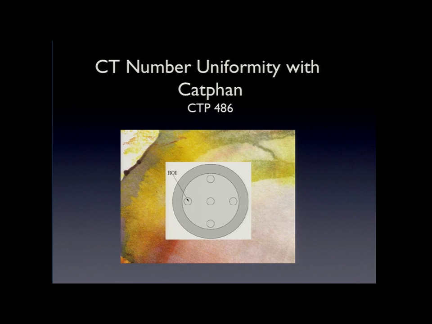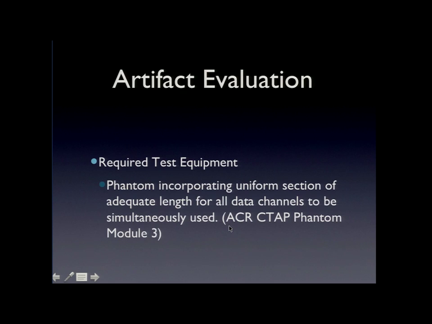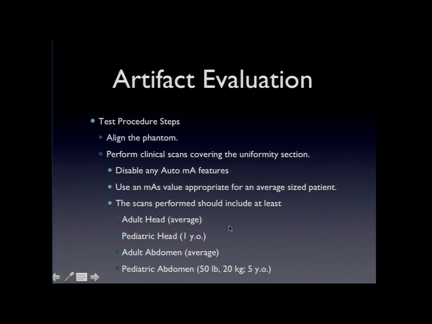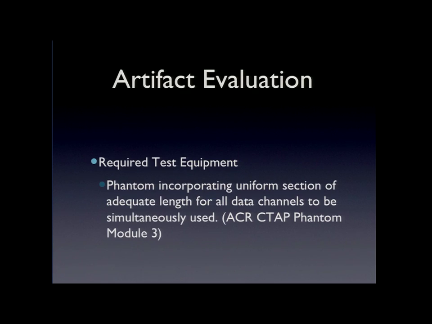And then this, of course, is an example of the module 486 in the Catphan, where you can do the same thing, essentially. Okay, artifact evaluation. What you want to do is go through, use the uniform session, and see if you get module 3 on